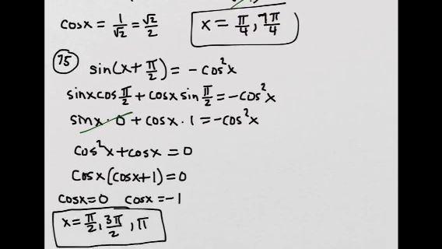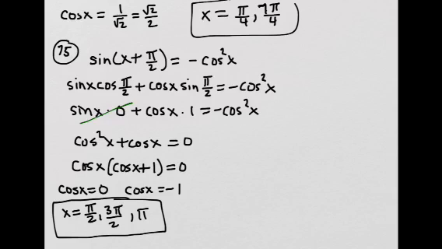For 75, the left side I made it, I used the sine a plus b. There's a formula right there. Cosine of pi over 2 is 0. Sine of pi over 2 is 1. And so this becomes 0 right here. Cosine x times 1 is cosine x. I'm going to move this term over to the left side, which leaves me with this, and a 0 on the right, okay, because I moved this one over. So I factored out a